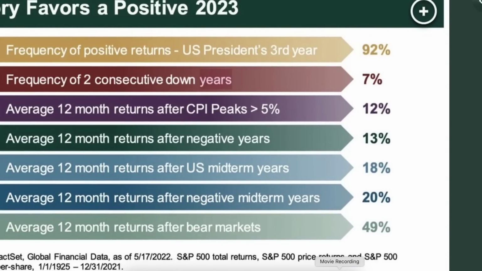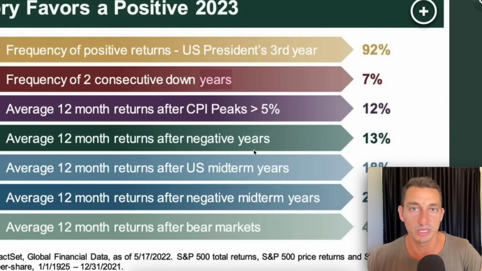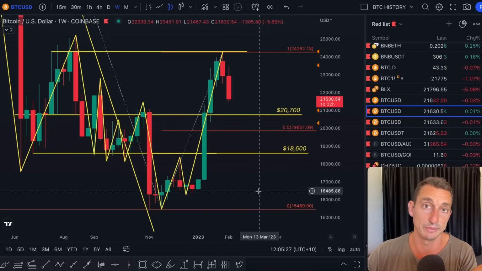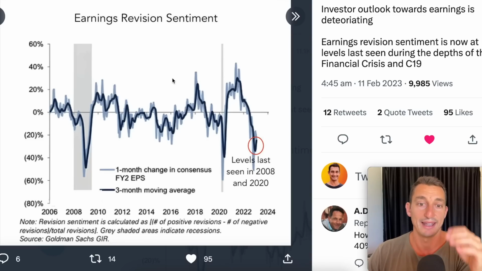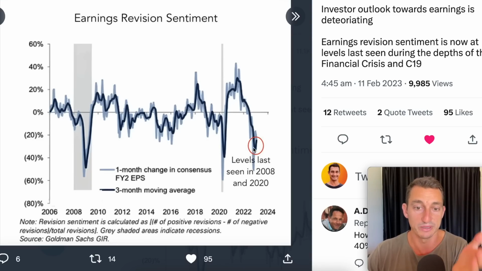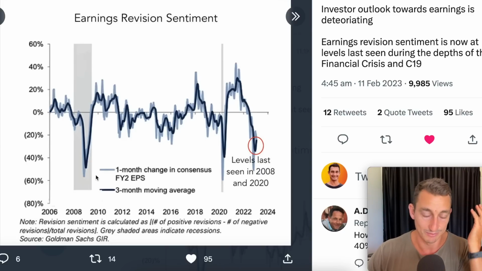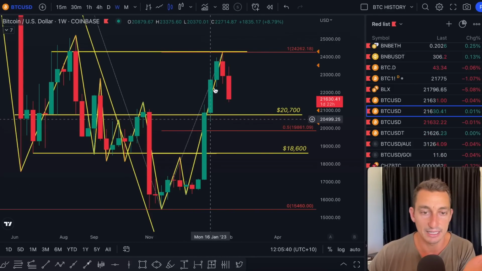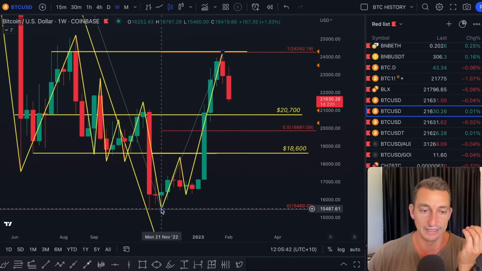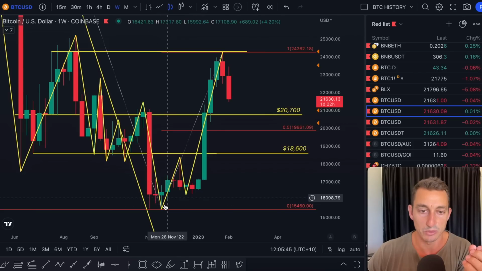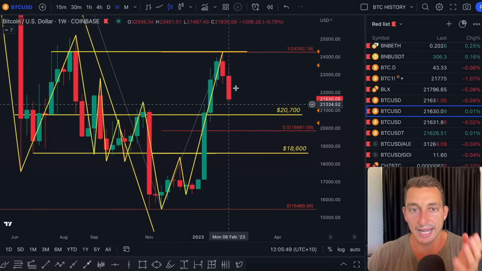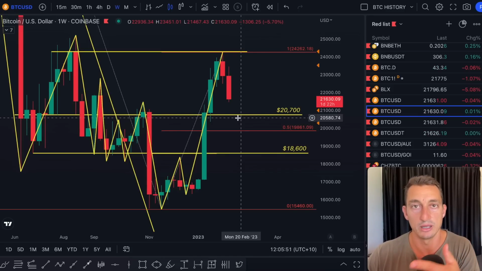Now remember, nothing is perfect here, but they're pretty good odds, and I don't really want to bet against these sorts of odds. So if we see good odds in the S&P 500 and we're starting to see the Nasdaq bounce as well, and that data doesn't seem as bad, and in terms of the bottom signal, where we've seen it happen, this could potentially be the third time as well. What does that mean for Bitcoin? Well, it seems like Bitcoin may have also bottomed in a similar time period around November, and we've obviously bounced away pretty significantly. So it is possible that any of these drops are reasonably good buy-the-dip opportunities.